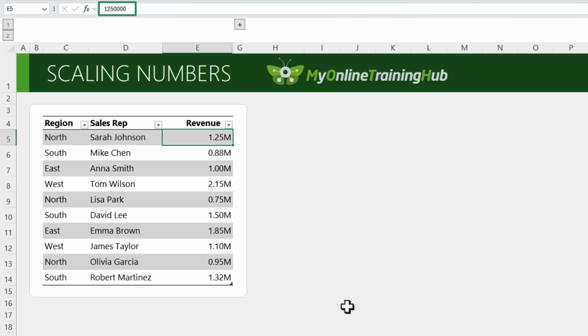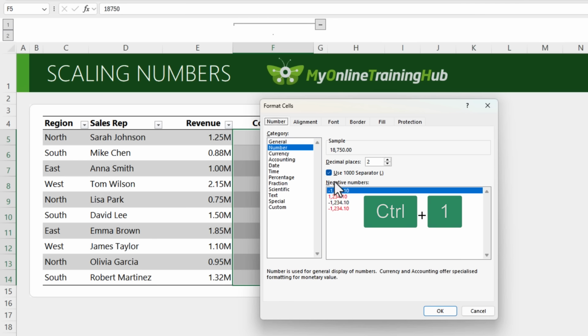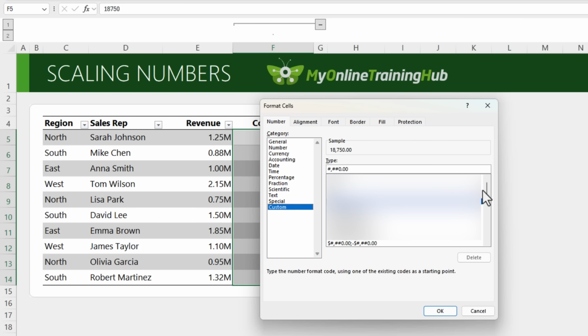But if we look in the formula bar, you can see the underlying numbers are unaffected, so your formulas, charts, pivot tables, etc. will still calculate as you'd expect. Working with smaller numbers like the ones in the commission column, it's more suitable to scale them to thousands. Control 1 to open the formatting pane. I'll go to Custom, scroll to the very bottom, and there's my last format. Instead of writing it from scratch, I'm just going to edit this one, remove one of the commas, and change